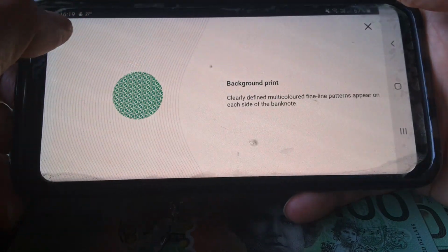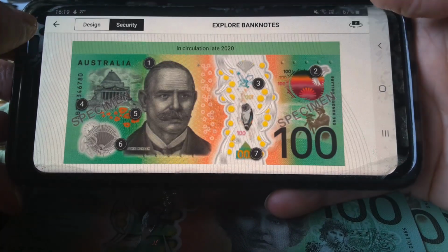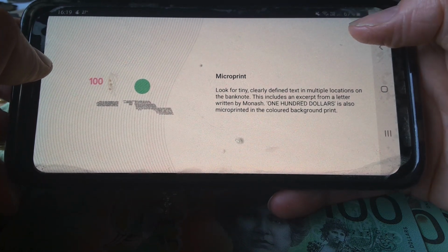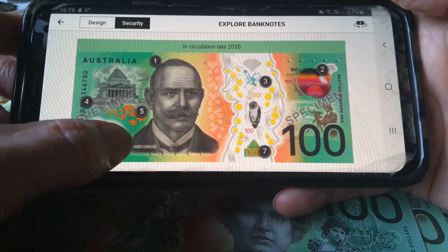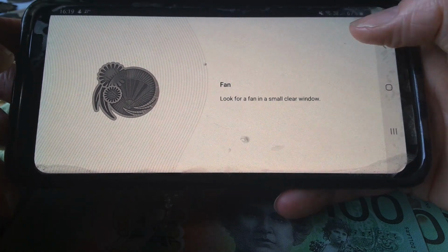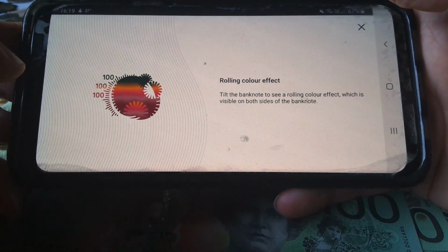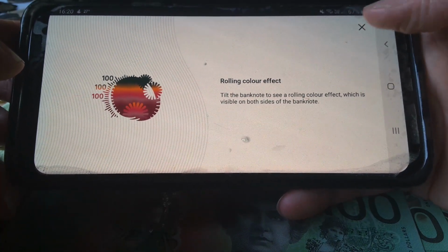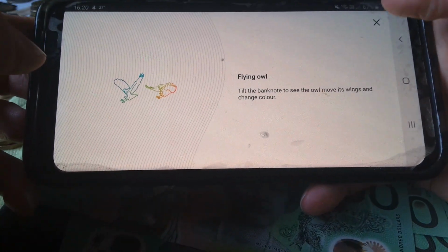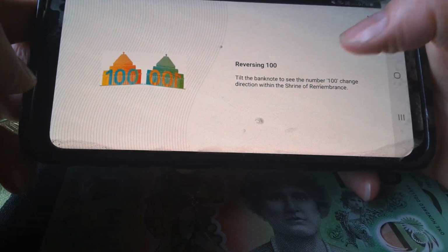Up here we have background print, multicoloured patterns. So patination is also still part of the banknotes. They were a big feature in the past, but now they're pretty easy to copy. We have a fan as the see-through window. We have a rolling colour effect, so tilt it and it changes colour. And here the birds actually look like they're flying. And down below we have,